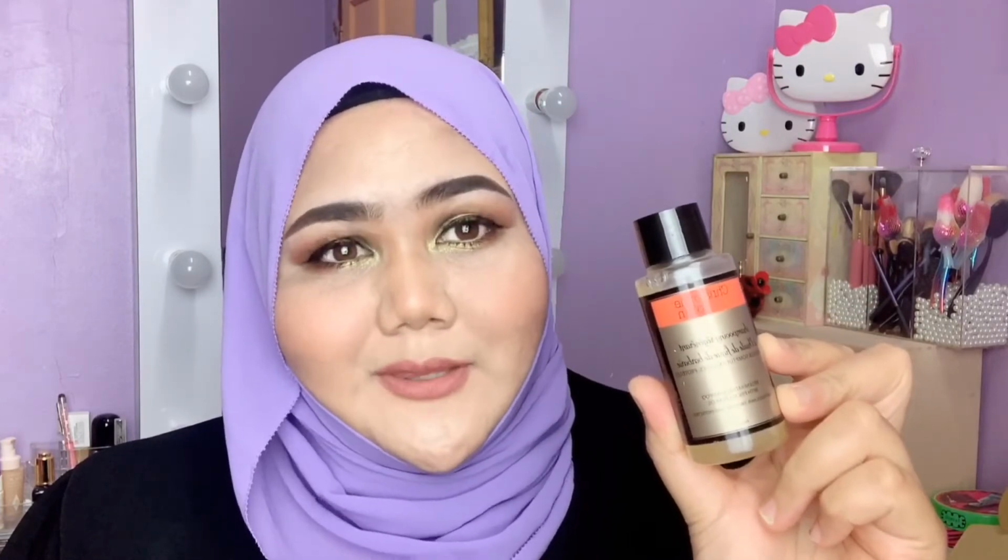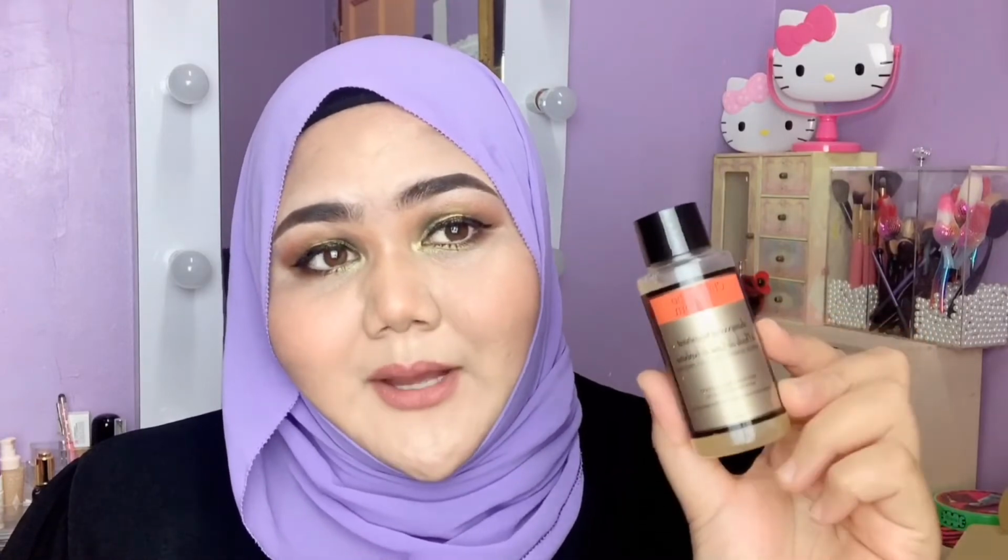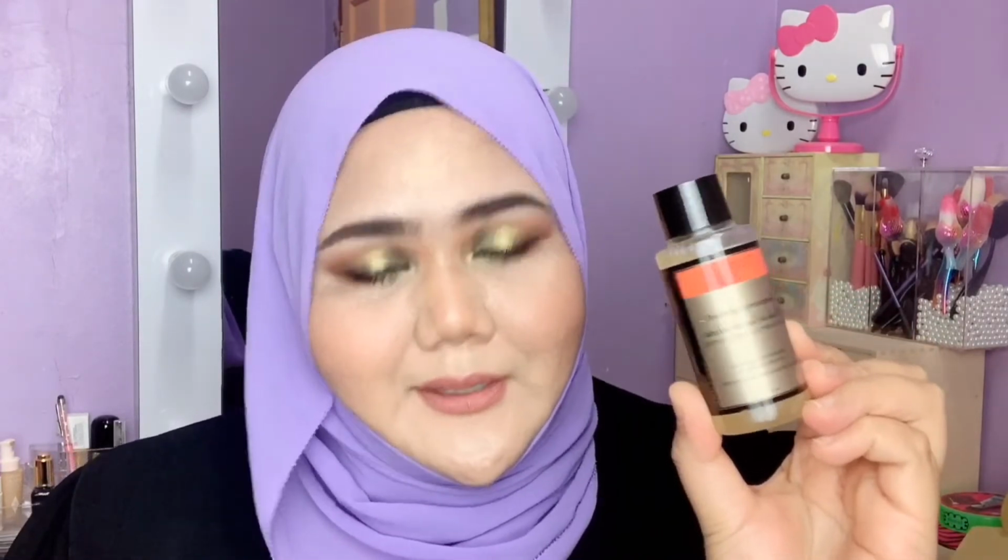So the first one, dia bagi shampoo. I tak pernah try lagi any shampoo from this brand. This one is Christophe Robin. I tak pernah try lagi. I'm not sure whether I punya pronunciation is right or wrong. Correct me if I wrong. Boleh bagi tahu kat I kat bawah. Actually you ni sebut salah lah. You punya slang tak cukup slang ke apa. Okay, so dia bagi ni is shampoo. It's a Paris punya product. I'm not sure. I tak pernah try any product daripada jenama ni. But maybe I can give a try. I akan update balik after this. Tengok macam mana. Okay, the second product yang ada dalam mystery box ni is